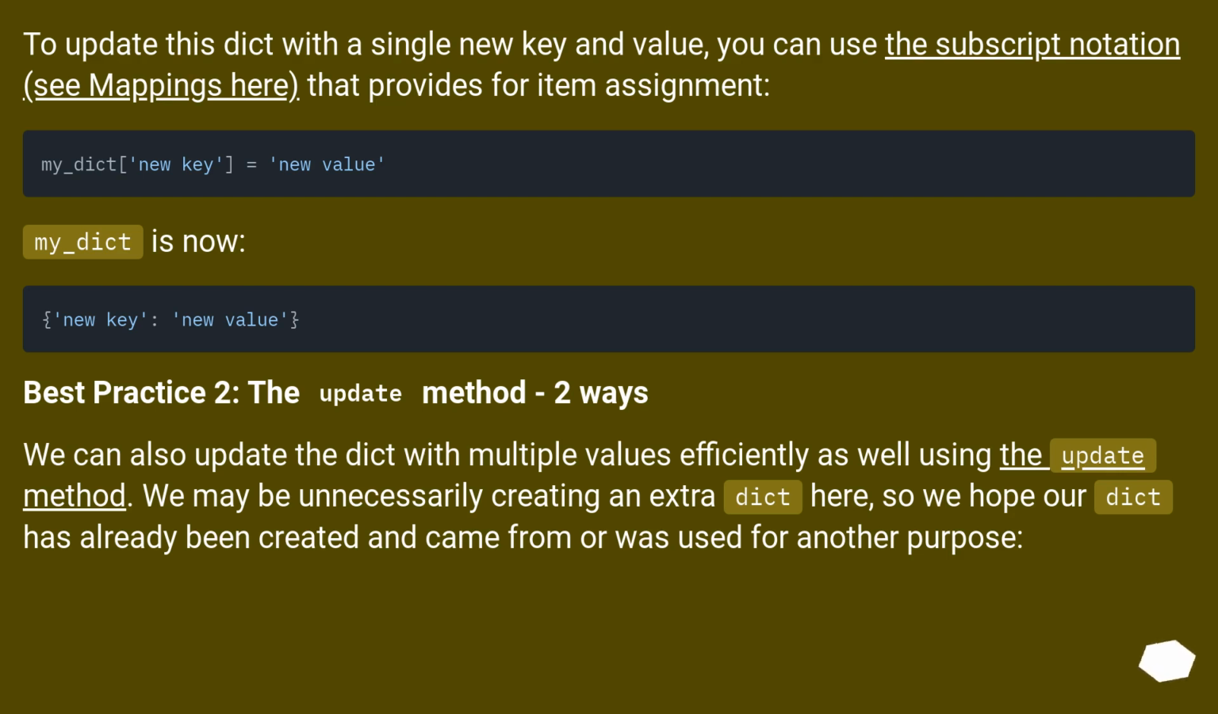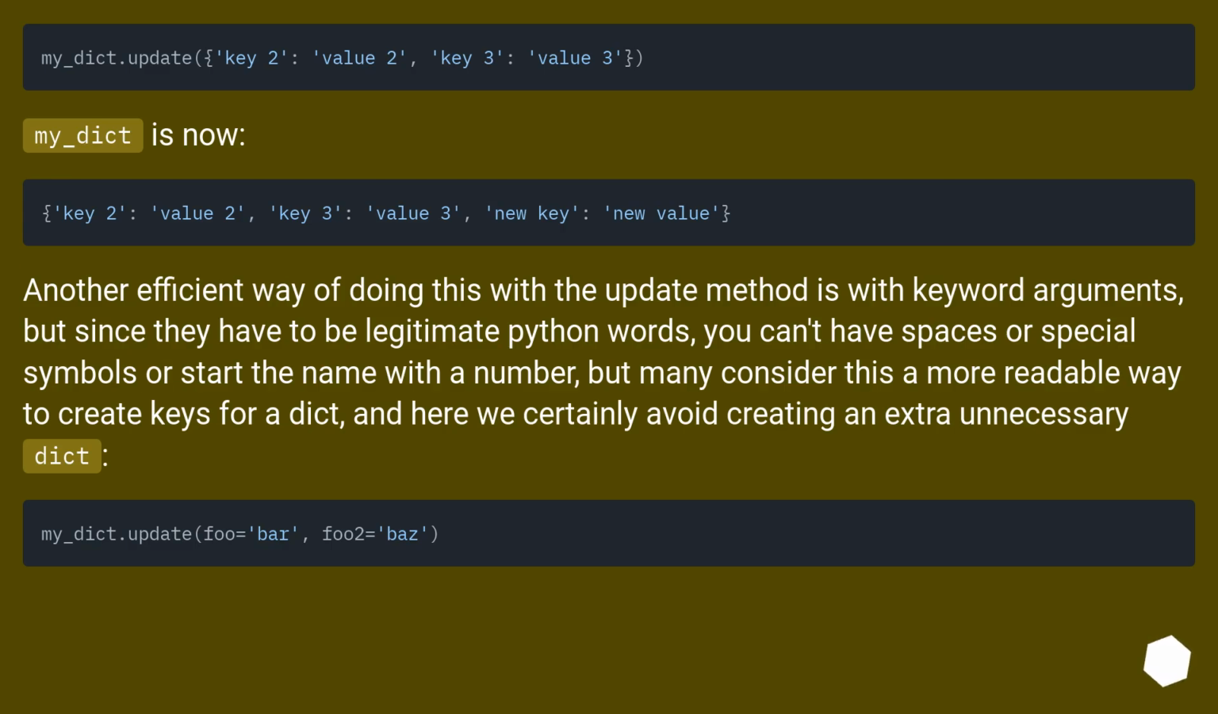Best practice 2, the update method, 2 ways. We can also update the dict with multiple values efficiently using the update method. We may be unnecessarily creating an extra dict here, so we hope our dict has already been created and came from or was used for another purpose. My_dict is now: